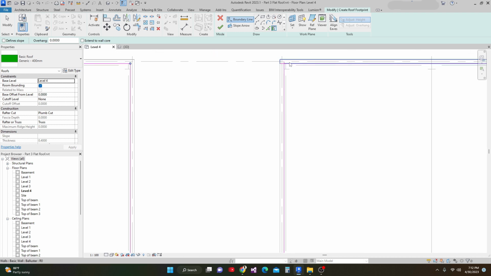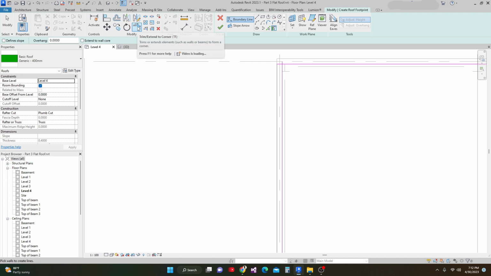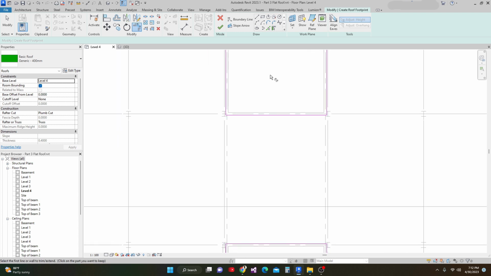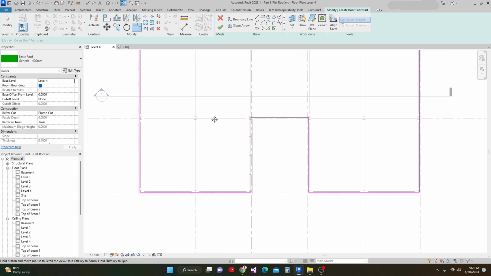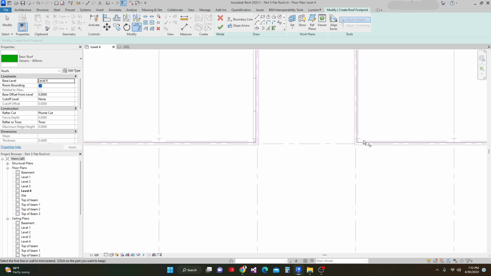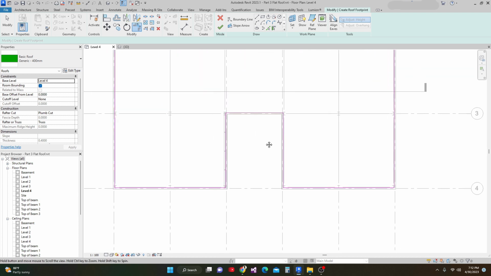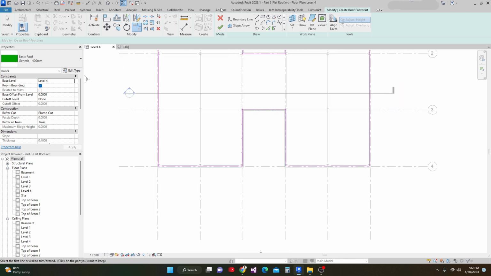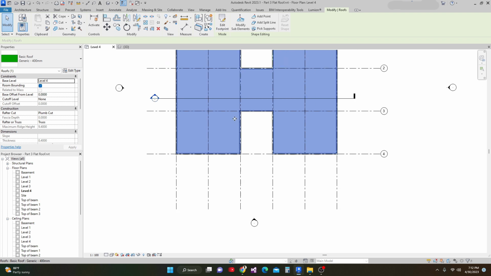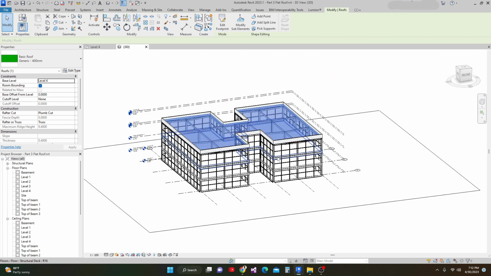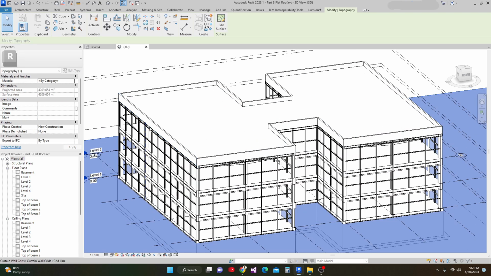So there is a miss here, so what I'm going to do is I'll go to this trim extend to corner, and there. Okay, now be sure that all of these lines are closed. So everything is closed, and then okay. Now here is our slab. In 3D it is like this, it is straight, it's not picking